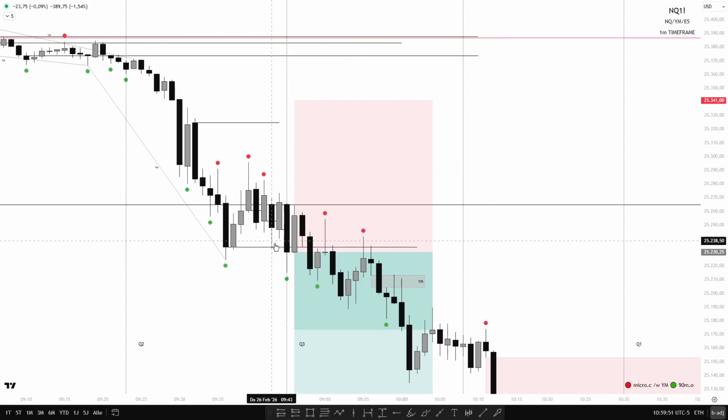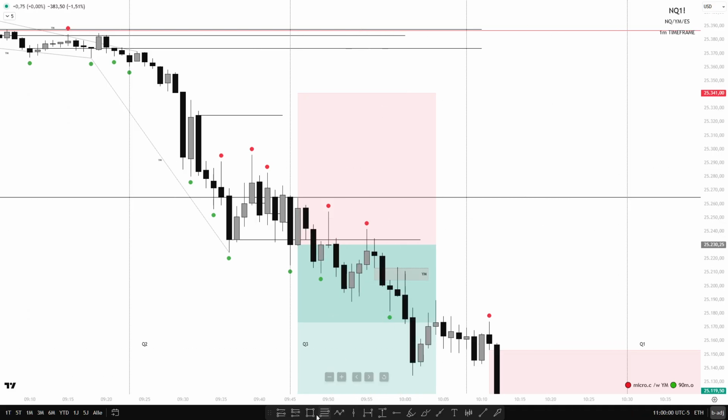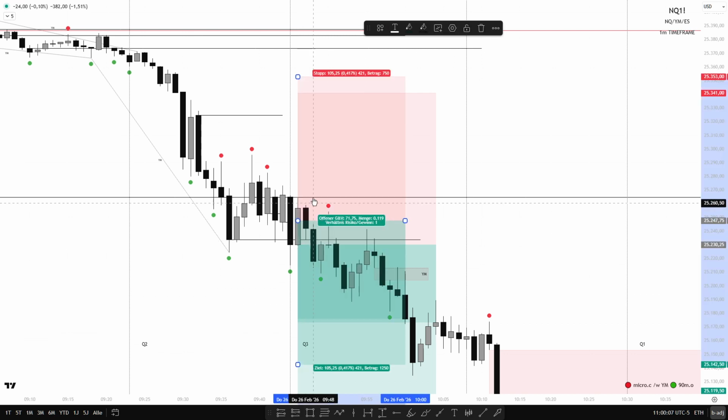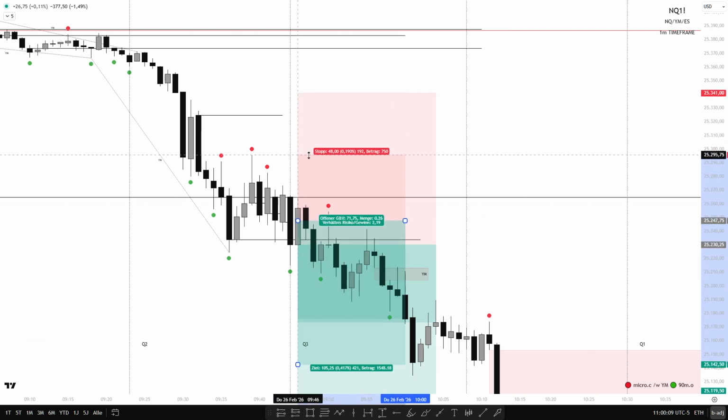because we still made lower lows, and as soon as we really broke this low right here, I knew we want to drop lower. So this is where I entered. It was a really fast open high low close, so just entered somewhere here in the middle, put my stop on this high right here,